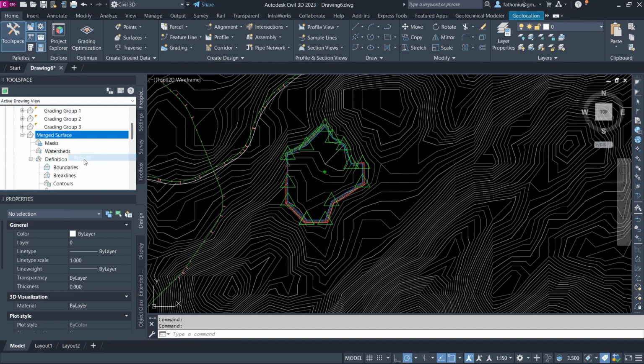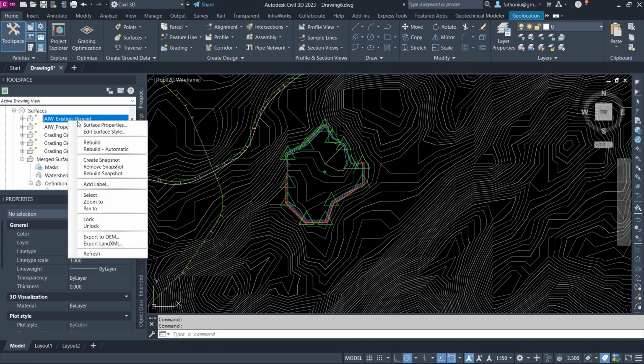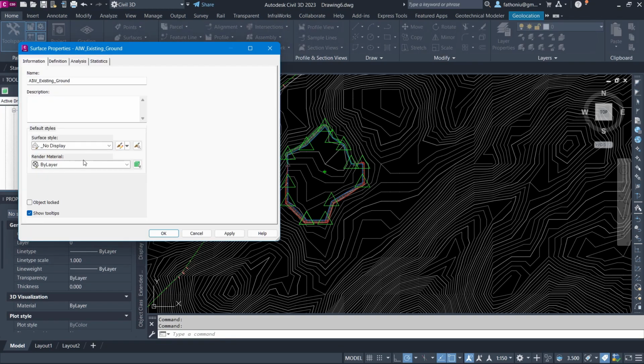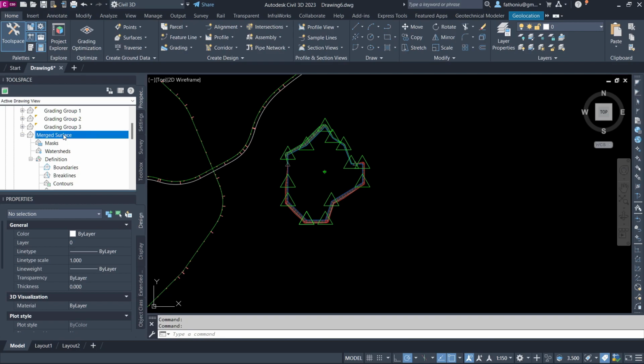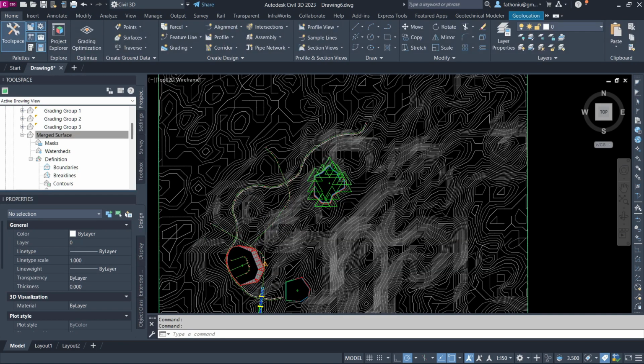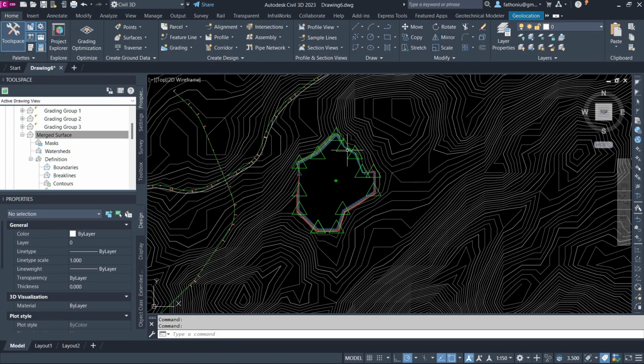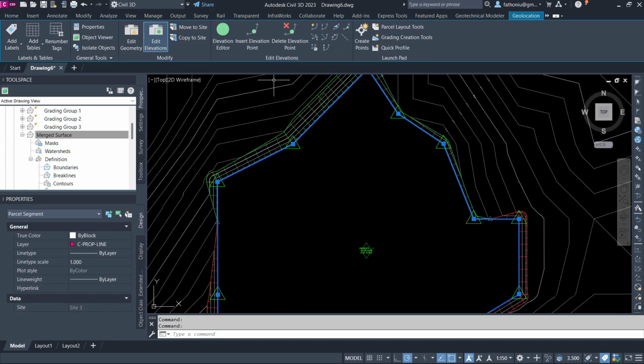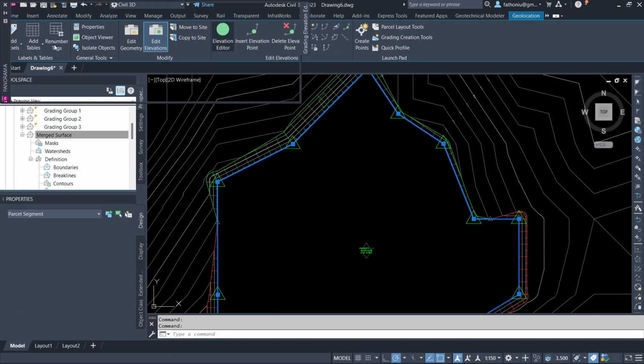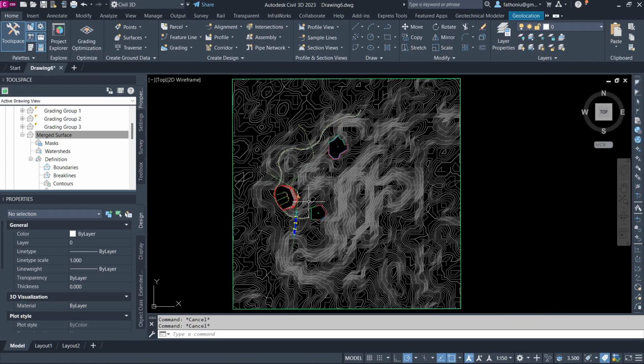Then let it build, and after that for the existing ground, no display or border on, and then the merge surface here. Instead of no display, since this area is already flat, the triangle here is still selected because we still have the triangle selected. So then we have 3 locations.